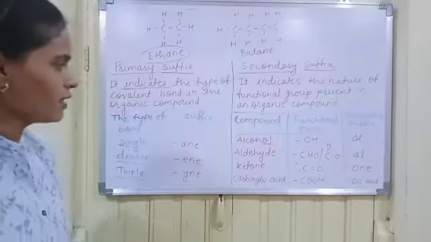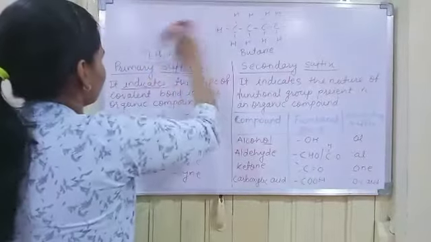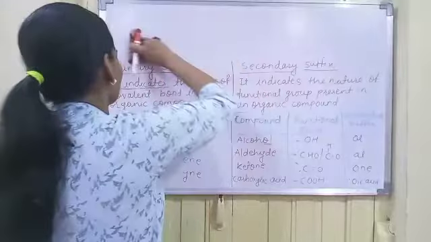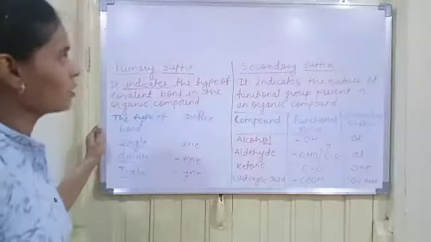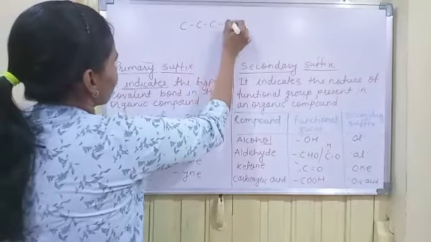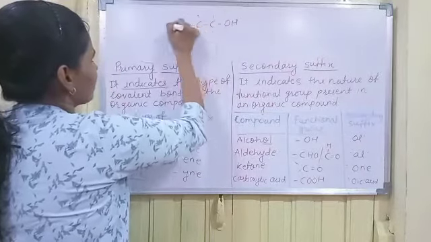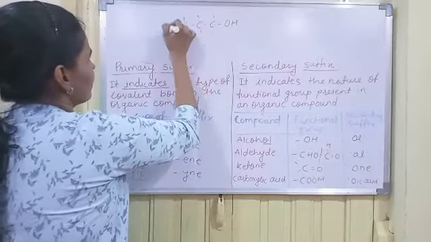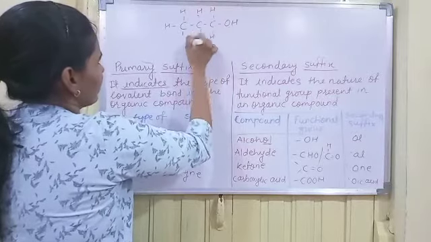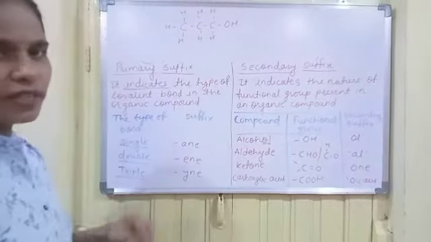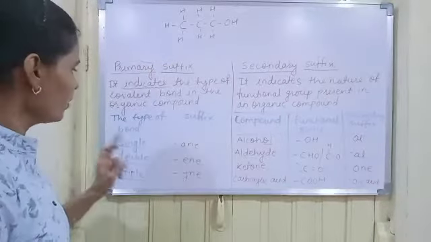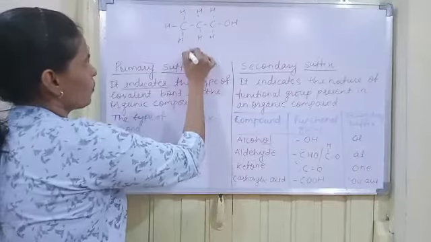Now let us take one example. If the organic compound is a 3 carbon compound, 1, 2 and 3. Okay. Now here, try to identify the name of this organic compound. Now how many carbon atoms are there? 1, 2 and 3. Okay. So what will be its root word? Its root word will be prop.